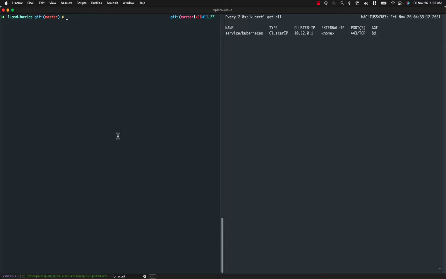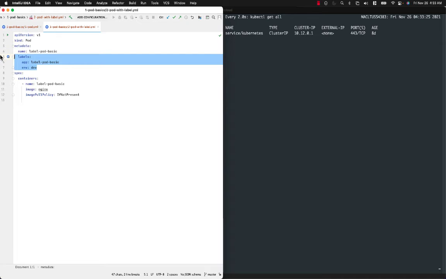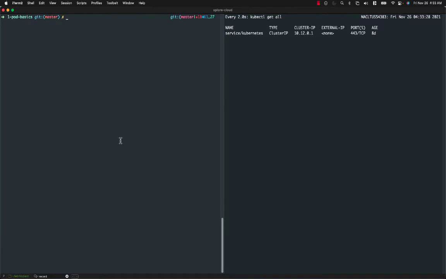Okay, what we saw was how to create a pod with labels using declarative commands and imperative commands. You can also use the configuration files for it. So the way to do that is you just have to add these to the pod definition. So I create this and then I'll say